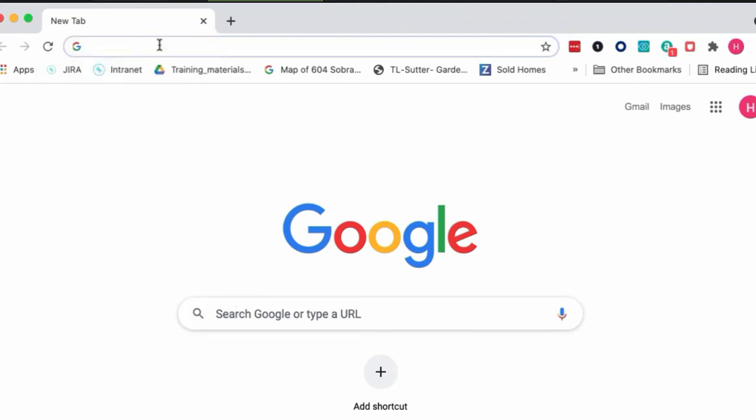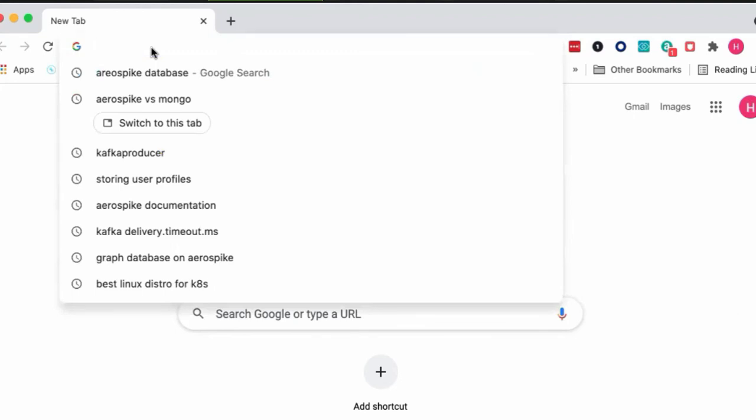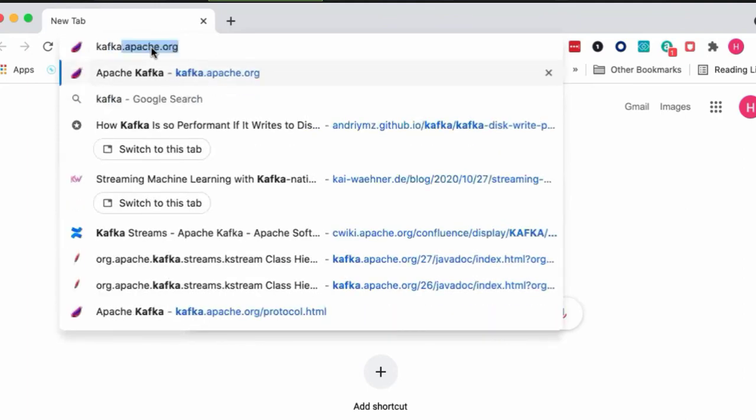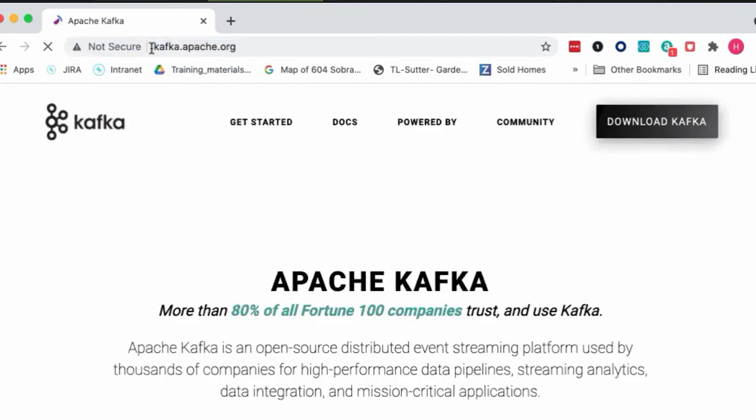And now the first place I want to show you guys is kafka.apache.org. And I will send you guys a document that has all of these links, right? So when I get to kafka.apache.org, I want you to look at this. See how it says download Kafka? Again, I have a document that I will send you guys at the end of the class. I know we're almost towards the end, so please bear with me just a second.